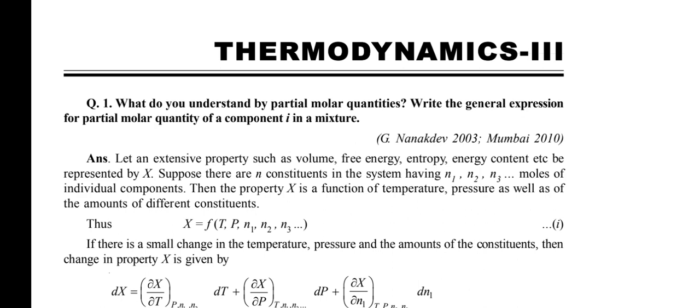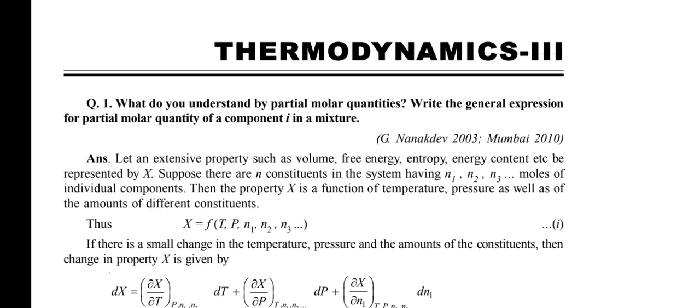Then the property X is a function of temperature, pressure as well as the amount of different constituents: X equal to f of T, P, n1, n2, n3. If there is a small change in the temperature, pressure, and the amount of constituents, then the change in the property